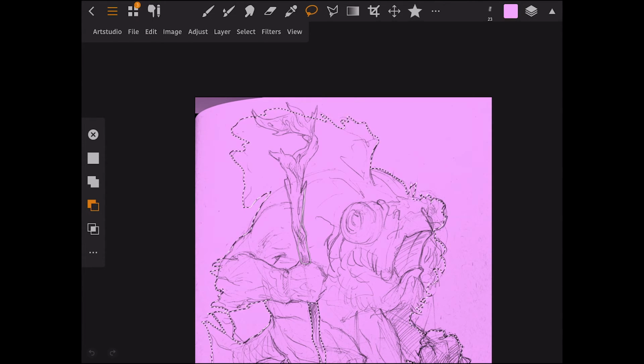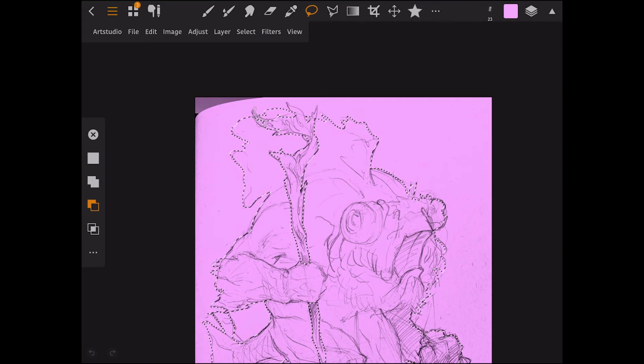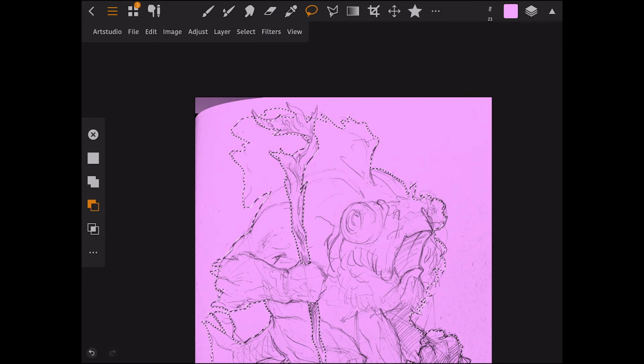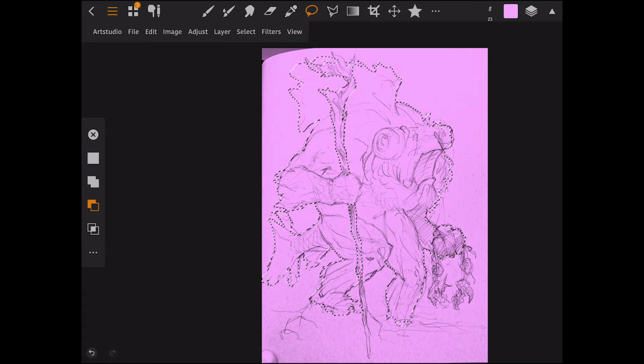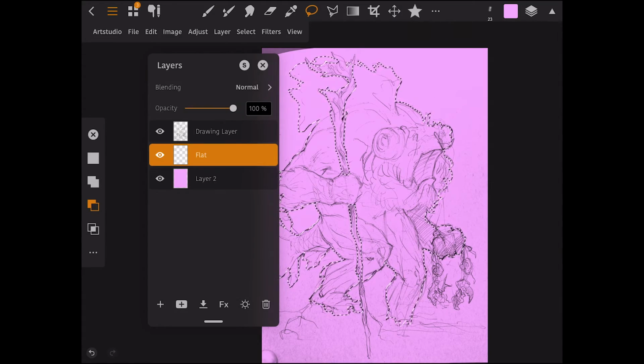It gets a little rough when I get to the very top. It was a weird angle, so it's hard for me to stay on the actual shape. So I come back and do it one more time. But notice that those marching ant lines are there. I'm going to zoom in, fix that little bit. And once I have all of this selected, now I can get a brush